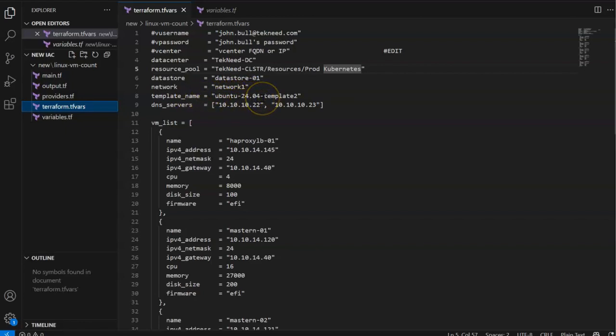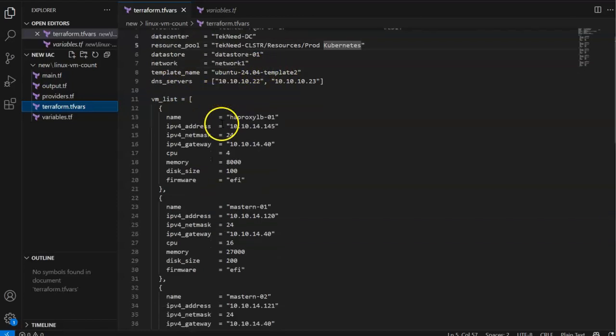So you need to have a template or even a virtual machine. You can provision a VM from a template or a VM from a VM, but it is always recommended, and it's a better idea, and it's also very, very fast, if you provision a VM from a template, which is what we're going to be doing. So I have a template called this name, and everything I want in that template is there. So you would also need to have your own template, and this is the DNS server, and these are the